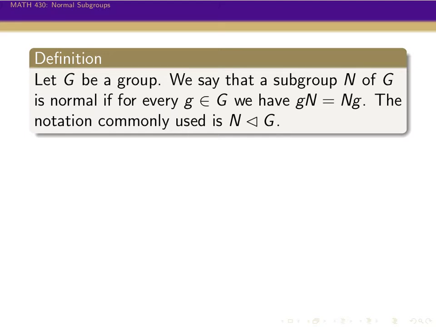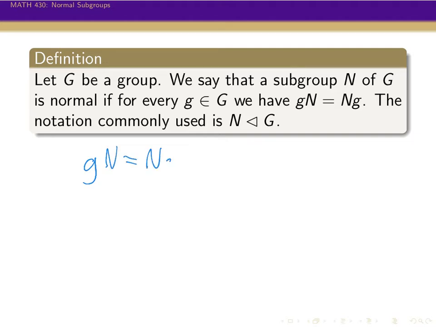The formal way of saying that is that a subgroup N is normal if for any element g in the group, the left coset gN is equal to the right coset Ng. The notation for this is to think of the subgroup notation, less than G, but with the side closed in to make a triangle. And the important thing to note here is that if